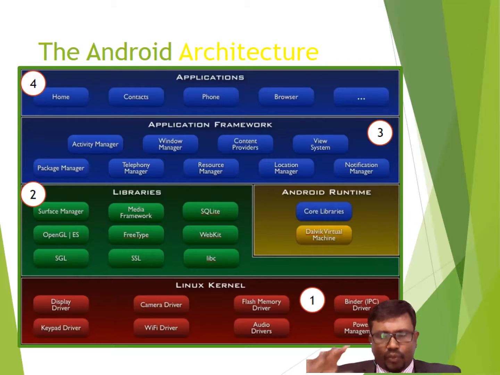The ultimate aim is, if you want to add a new feature in the mobile, you need to install the application. For that application to work, application framework support is needed. Again, this framework gets support from the libraries, connecting with the hardware layer, that is the kernel